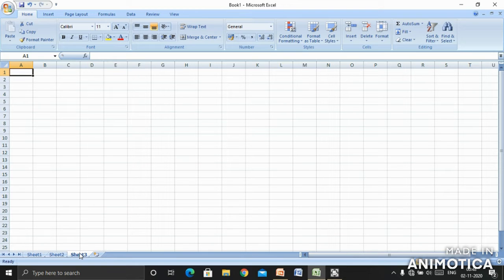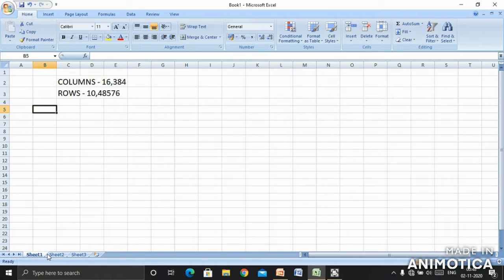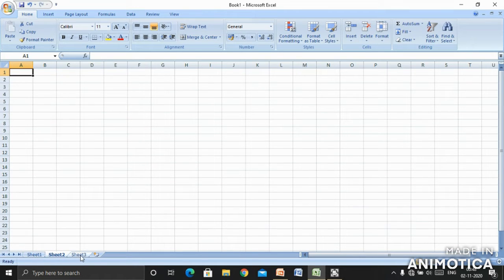Like your textbooks have many pages, in Excel also every book has certain sheets. By default, Excel has 3 sheets.